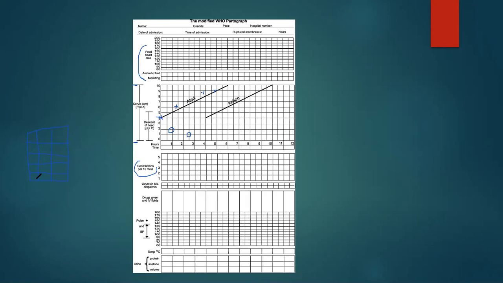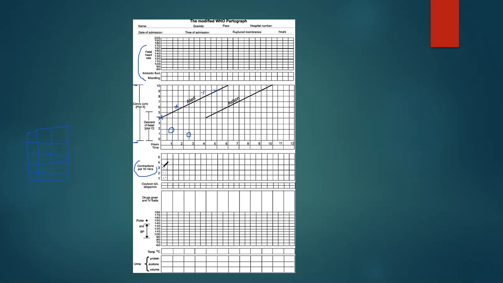three weak contractions. So all you need is to put a dotted line in between here. 3, 1, 2, 3. You see, maybe this is it here. Three weak contractions. You just put dots in the three boxes because it's three weak contractions. That's how you plot it. That's it. Maybe in about